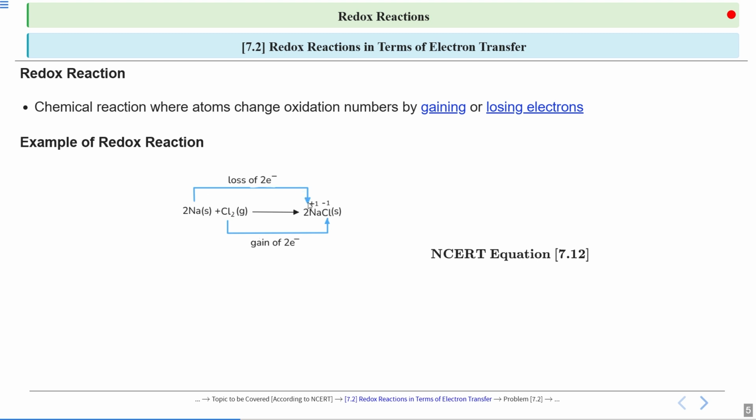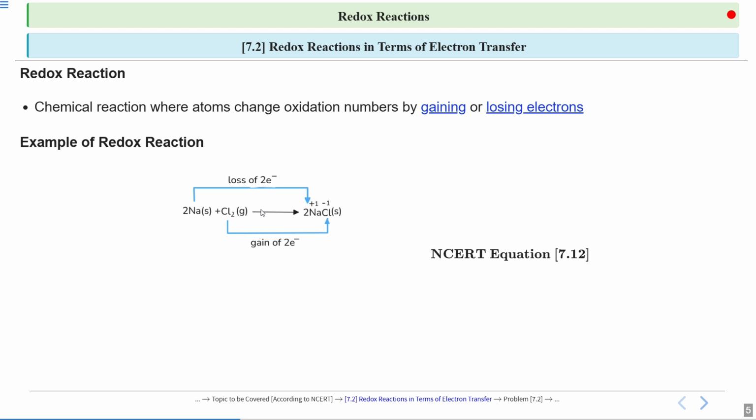So now, if we consider first of all the Na, in sodium the zero oxidation state has been changed to +1. What is this indicating? This is indicating that there is a change in oxidation number which is positive, which means there is an increase in the oxidation number of sodium. While if you look at the chlorine, you will find that the oxidation number has been changed from 0 to -1. So this means that the oxidation number for chlorine in this particular chemical reaction has been decreased.